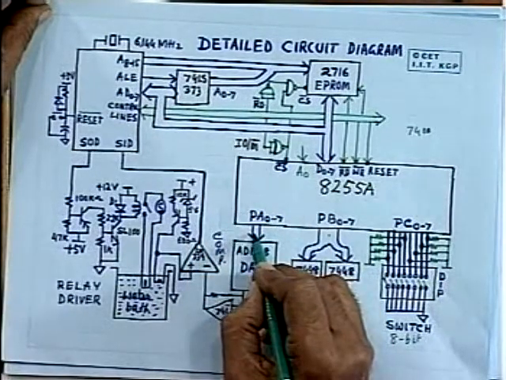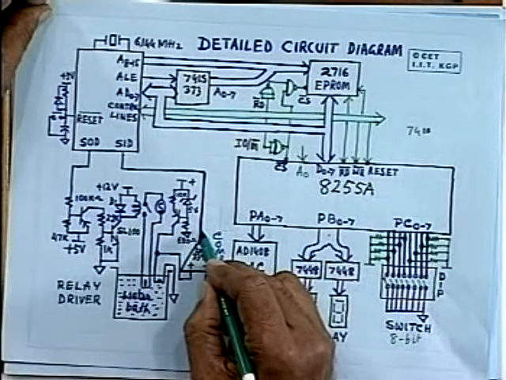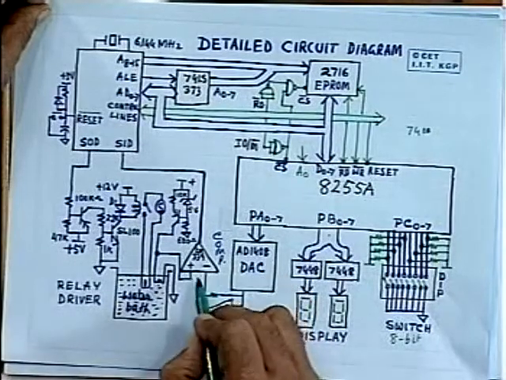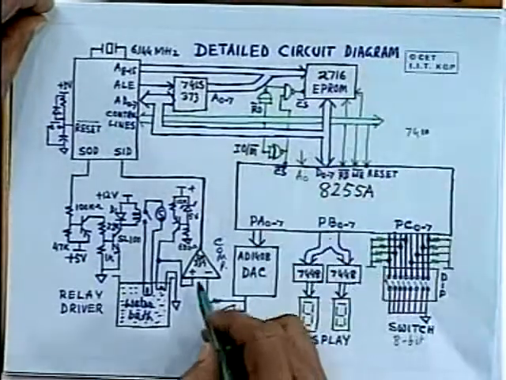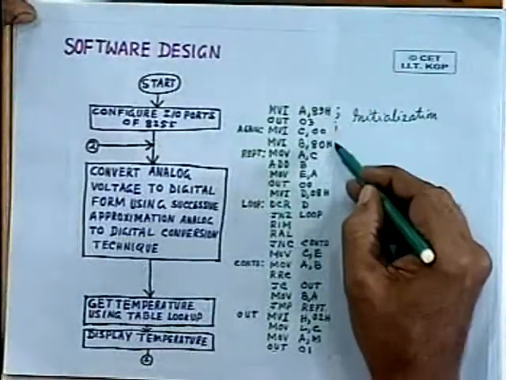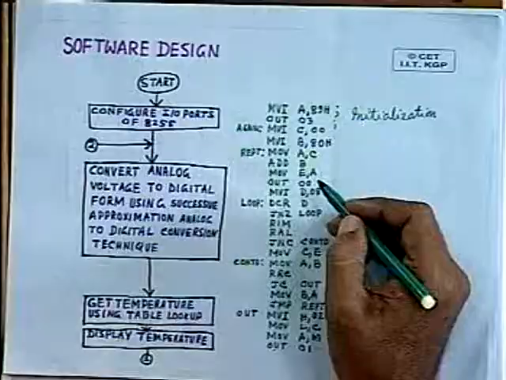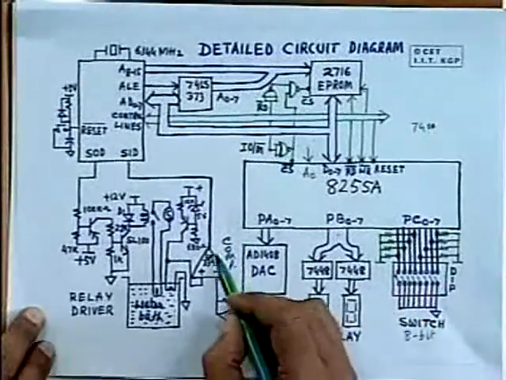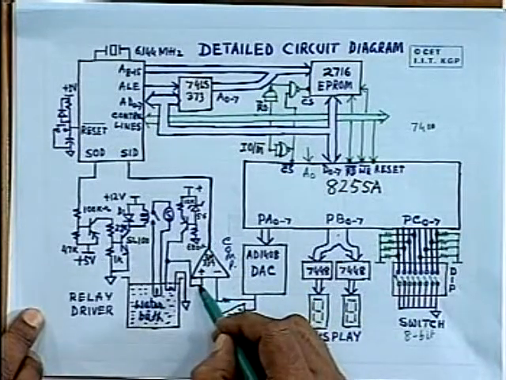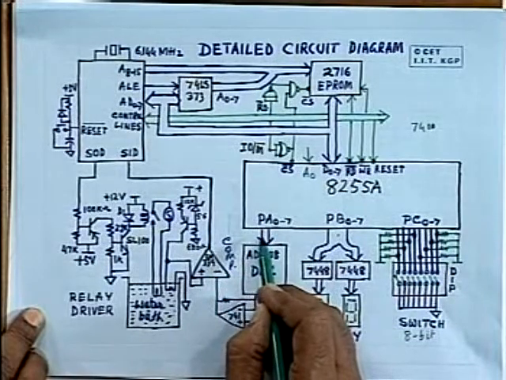Then the next bit is made high, and it checks whether this input is higher than that. In this way, just like the binary search we do, we generate 8 bits one after the other, retaining some of the bits at 1, or resetting the bits to 0 if the output of the comparator is high. That means whenever the output of the comparator is high, this input is more than this, and that bit will be reset. On the other hand, other bits will be retained as 1.